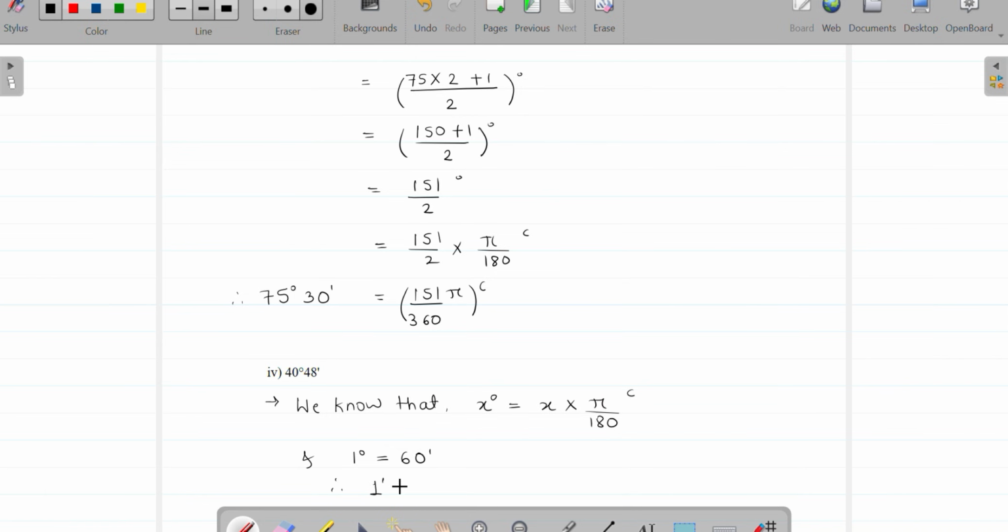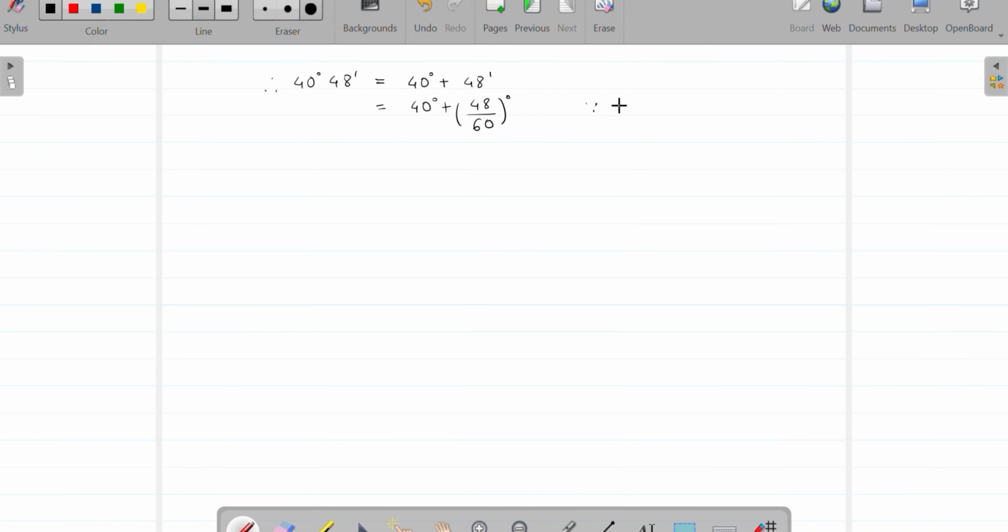Therefore 1 minute, which is equals to 1 upon 60 degree. Therefore 40 degree 48 minutes, which is equals to 40 degree plus 48 minutes. 40 degree plus 48 upon 60 degree,